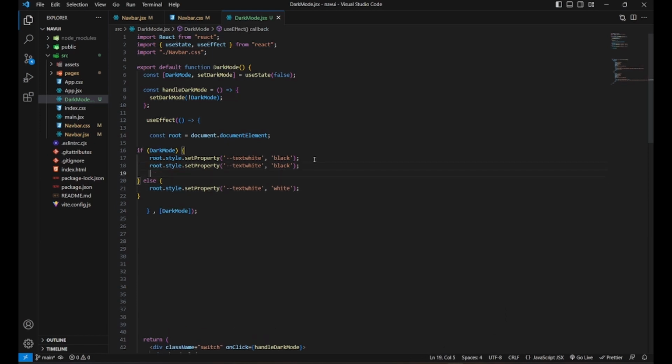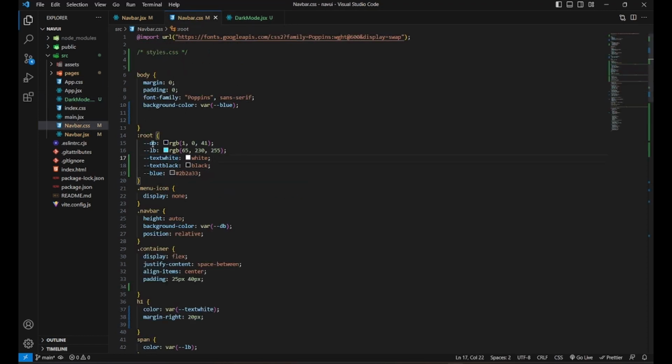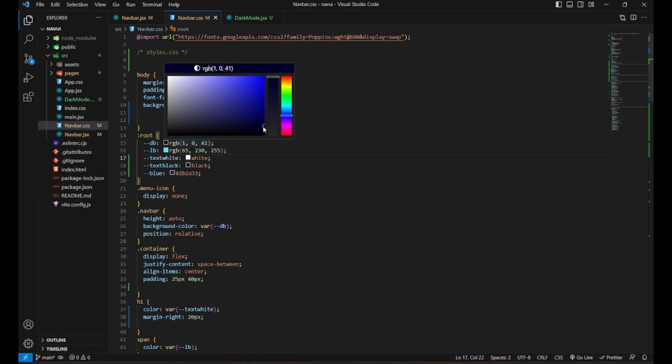So that's all working now. Let's copy it. I think there are 5 variables here. Yes, it's 5. Okay, so now the next one is text black, and instead of black it should be white, since the dark mode is true. And the next one should be dark blue. For dark blue, since the opposite should be a light version of it, let's set a light version. Okay, this one looks good.